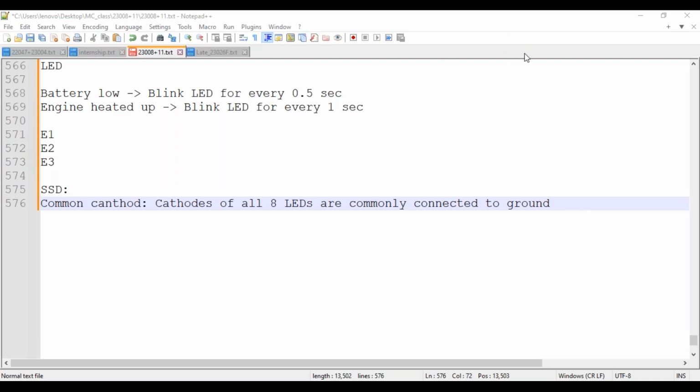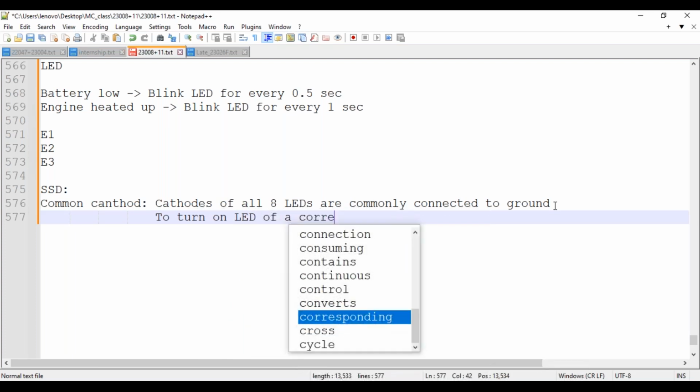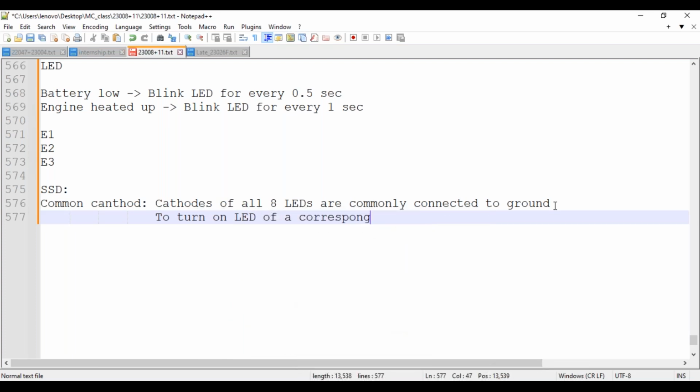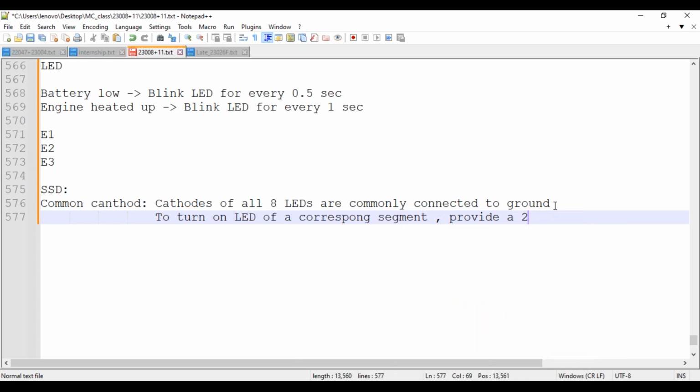Okay, fine. So I was telling, in case of common cathode, cathodes of all 8 LEDs are commonly connected to ground. So to turn on the LED of a corresponding segment, we have to be providing a 1. Similarly, to turn off the LED of a corresponding segment,